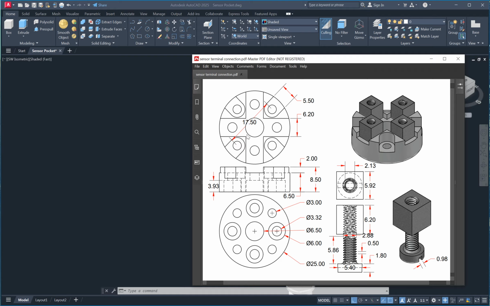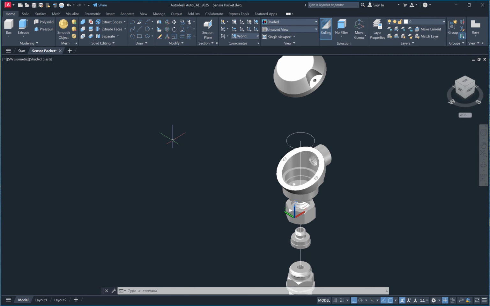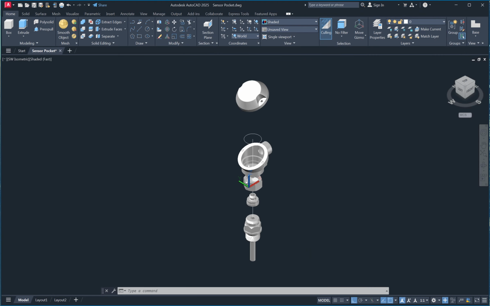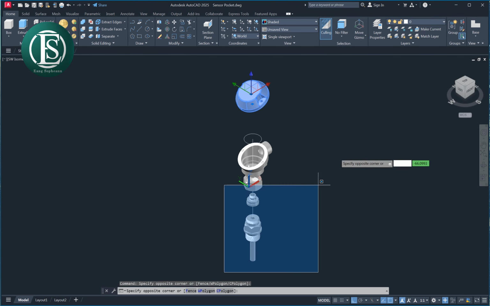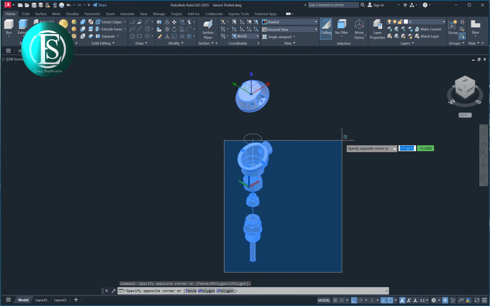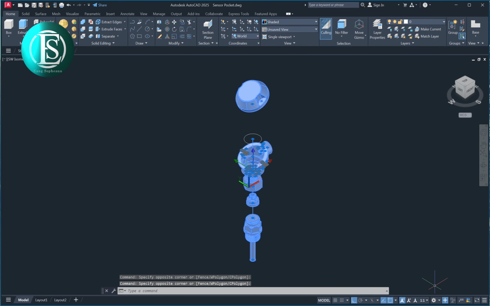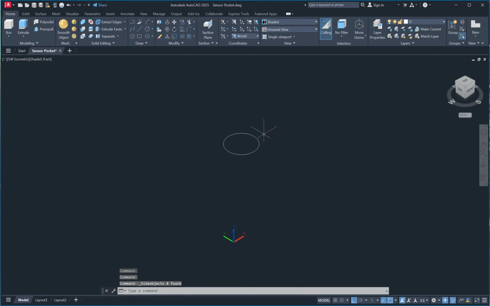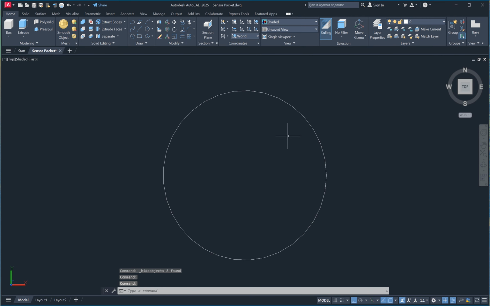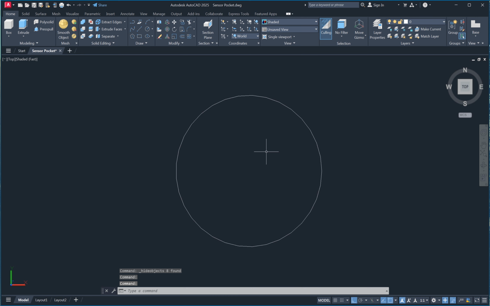And then this point 6.2. So I can hide this object and this too, for easy to see, like this.